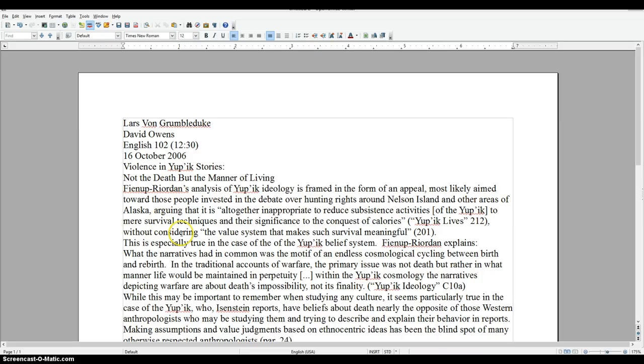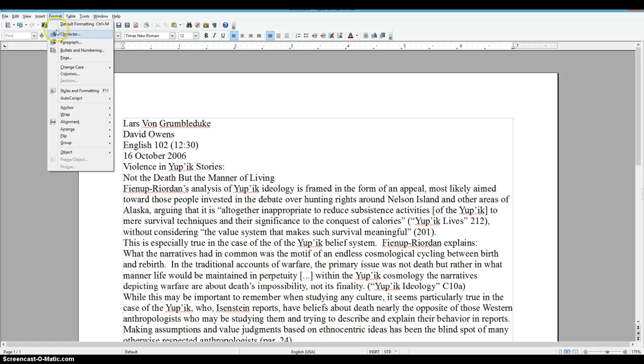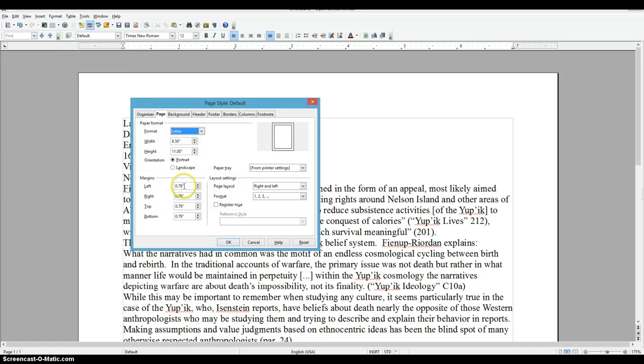Okay, this recording will show you how to format your MLA formatted paper in OpenOffice as opposed to Microsoft Word. So you'll notice here that I pasted the unformatted text of our sample paper into this document. The first thing we're going to notice is that the margins are only 0.79. So we're going to want to format our page to make sure that everything is a 1-inch margin, and you